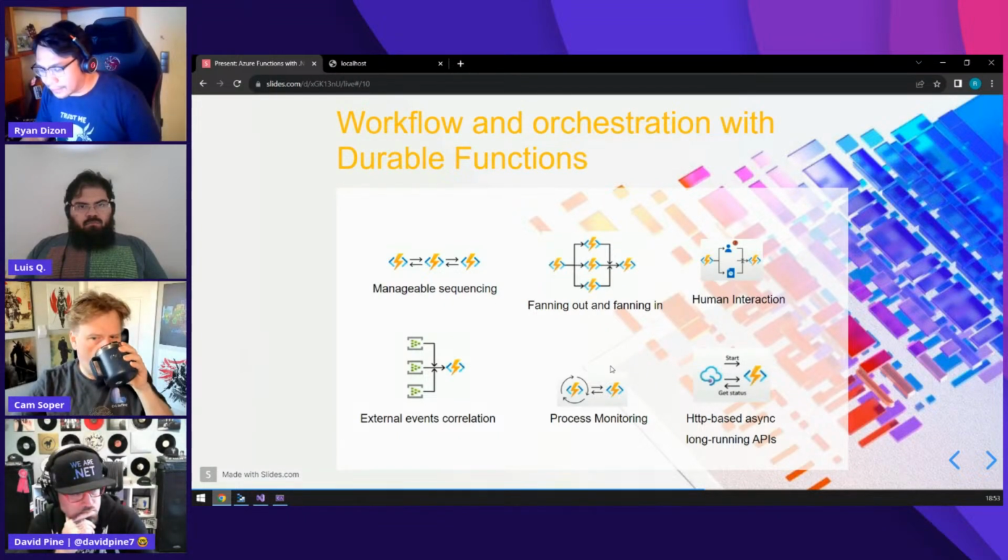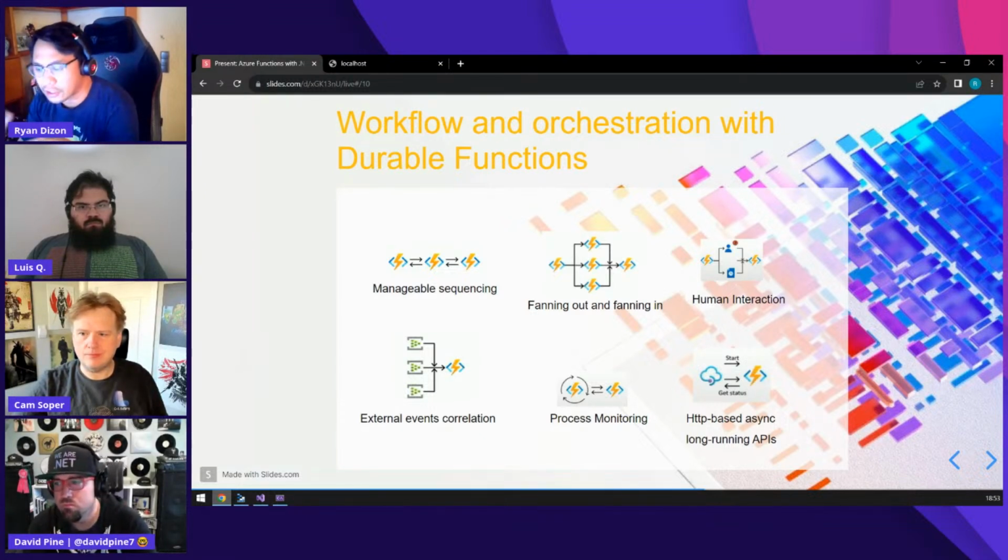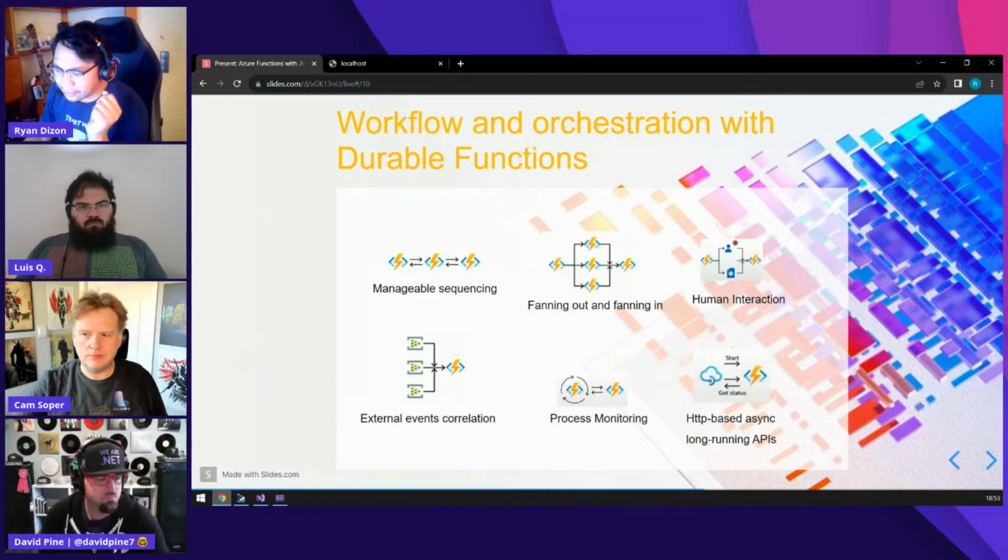The fan out approach, where you can wait for all the functions to finish before returning the result as the end output.